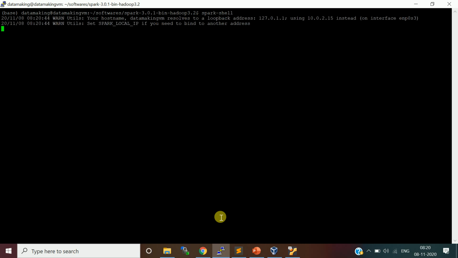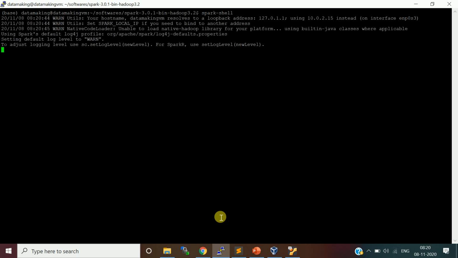Now you can just go to the Spark CLI, like we have 3 CLIs, right? For Spark Scala, to access the Spark Scala API, we have the spark-shell CLI. You can type spark-shell. It is going to launch the command line interface for running your Scala Spark APIs.